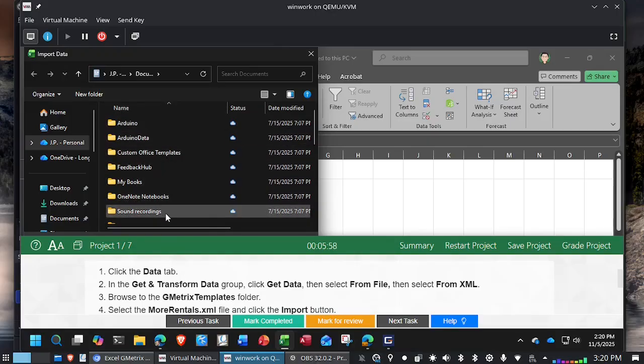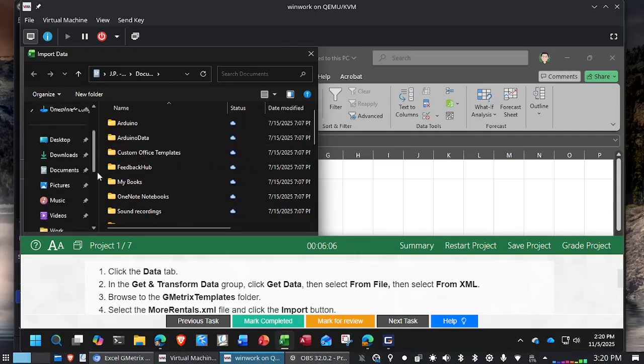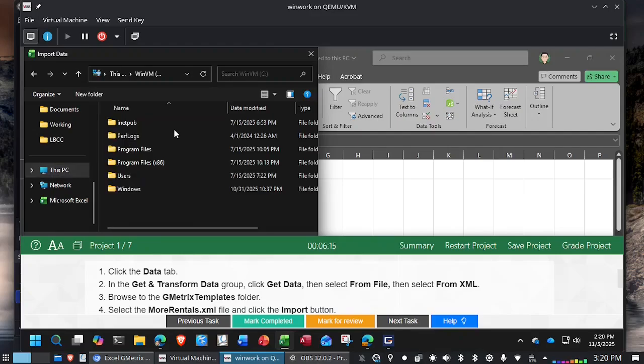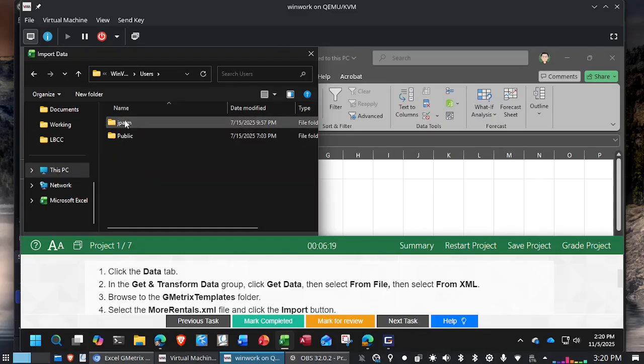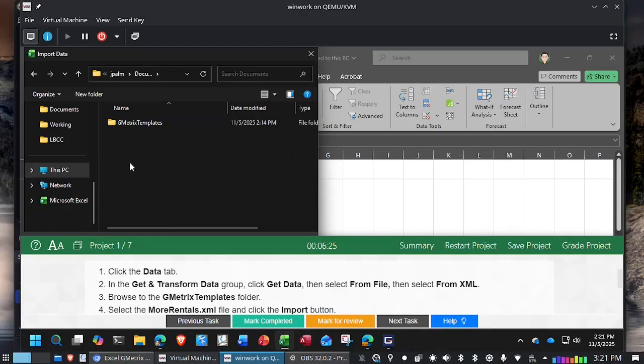Well, what if the GMetrix templates folder doesn't show up for you? This is a common issue with Windows 11, so here's how to get around this. Go to This PC in the navigation pane, and then go to your C drive, Users, find your student ID or your username, and then from there, go into Documents, and here's the GMetrix templates